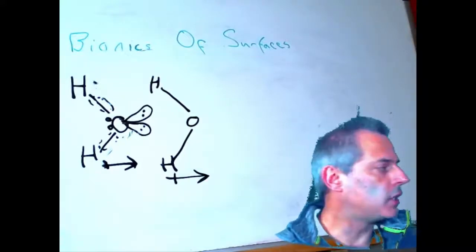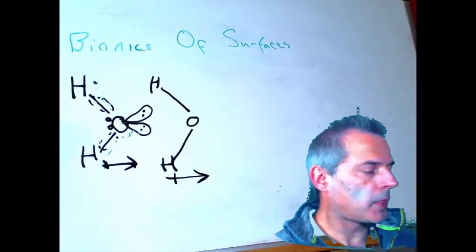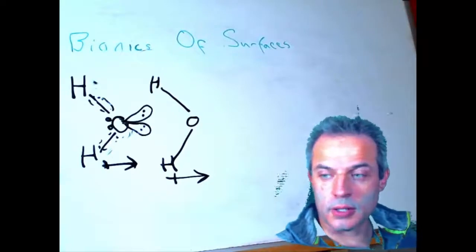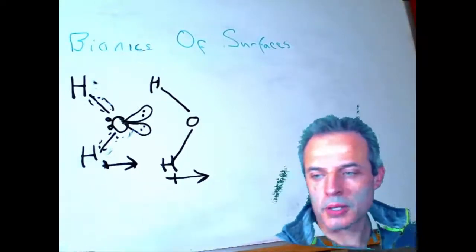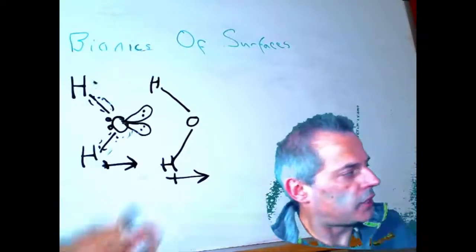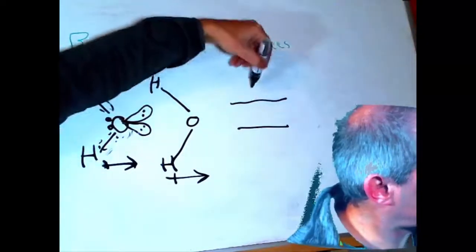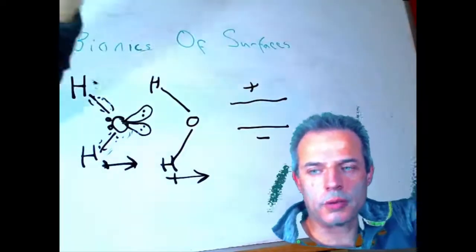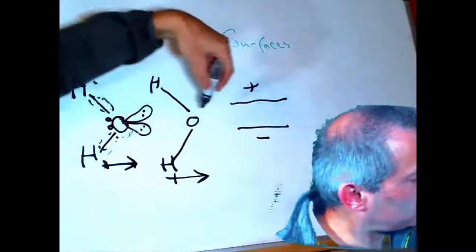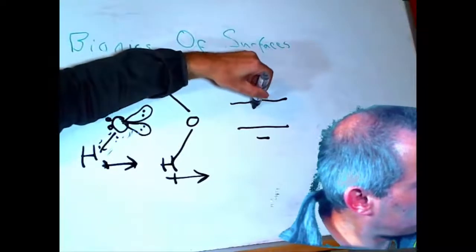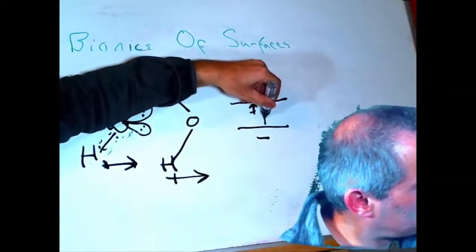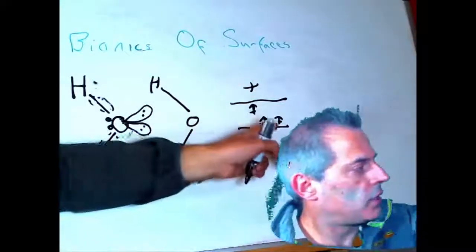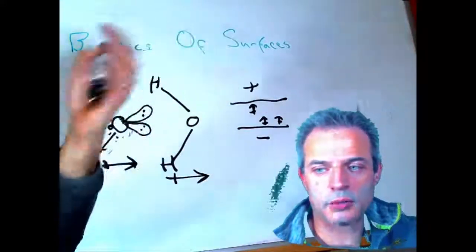Another thing you might have seen in physics is that the relative permittivity of water is odd. If we take a capacitor, plus minus, and we put nothing in between, we can get a certain amount of charge on it per volt. If we put water in between, the water aligns. So let's have the water align. Let's just draw little arrows. The water aligns to agree with the arrows, and that reduces the effective voltage on the electrode,